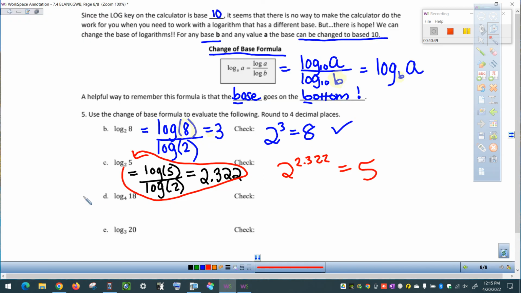All right, so I want you to try the next 2 on your own. So go ahead and try part D and E. When you get an answer, let's round it out to a few decimal places instead. And then I want you to also do that final step of checking to see if that really is that missing exponent that we were